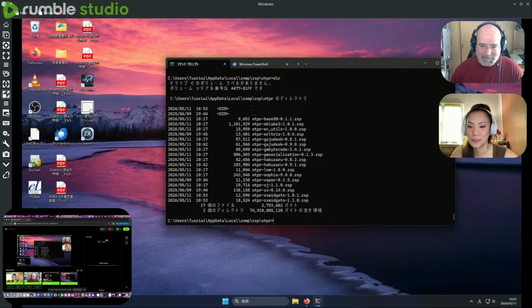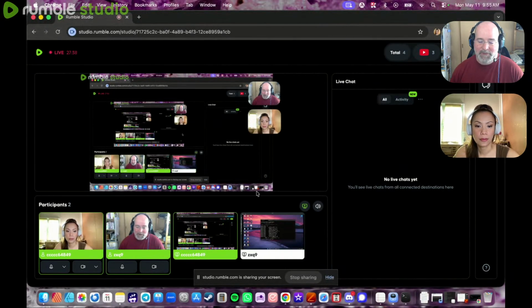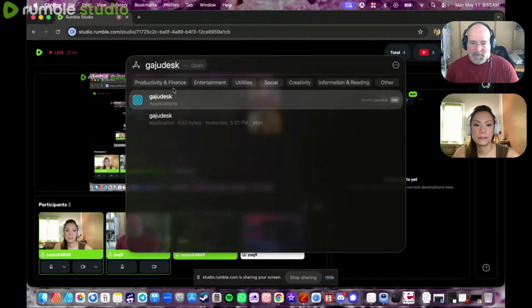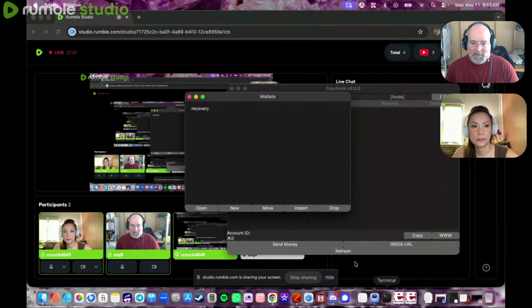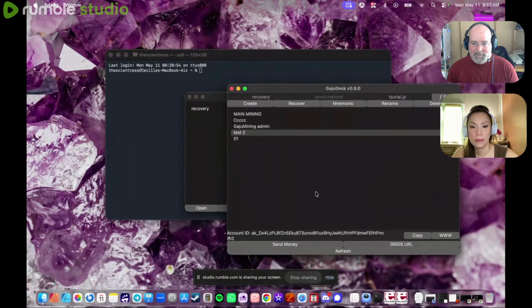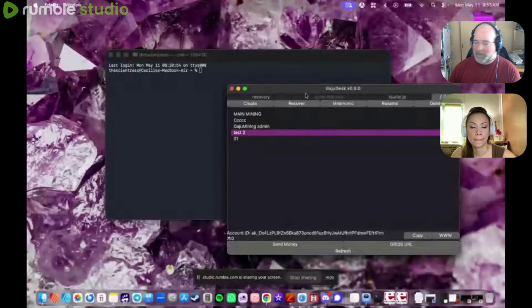Wait, am I supposed to open GajuDesk now, or try to open it from the terminal? No, you can just open it like normal. Okay. Yeah, see, you got 9.0 now. Yeah, so you're on mainnet. We won't mess with anything on mainnet, but it's running for you.